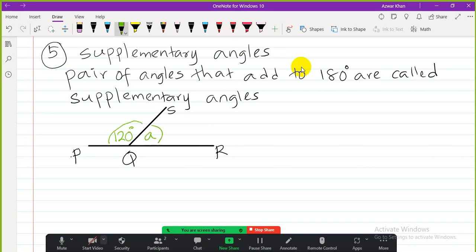What is the value of A? Can you tell me the value of A? It is 180. Yes, so we know